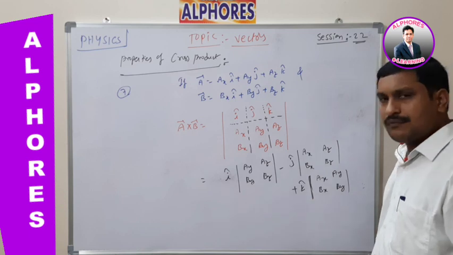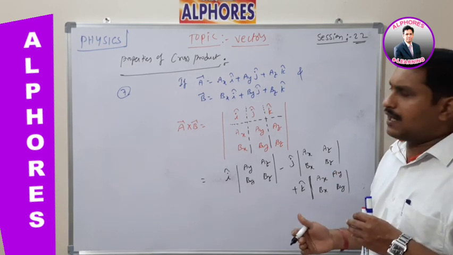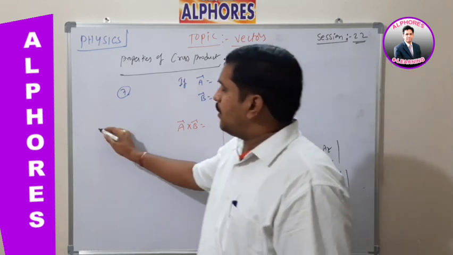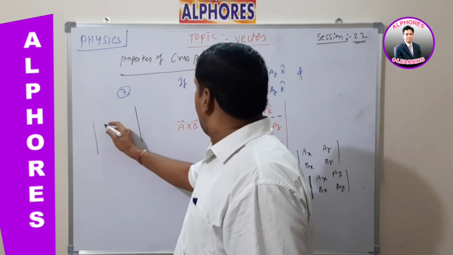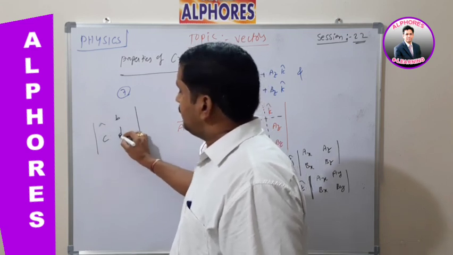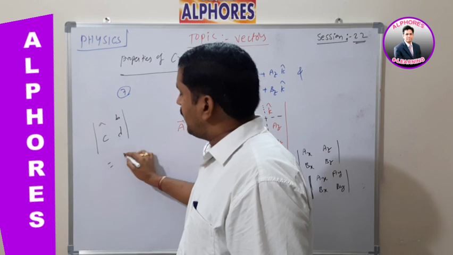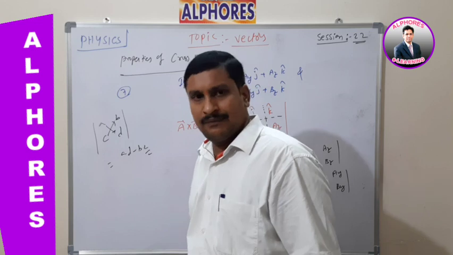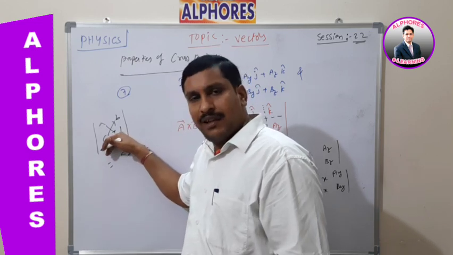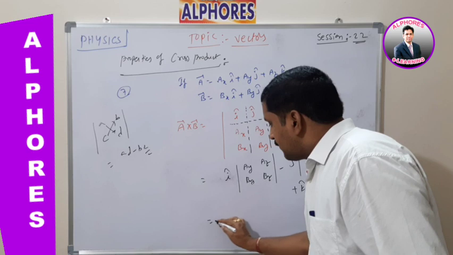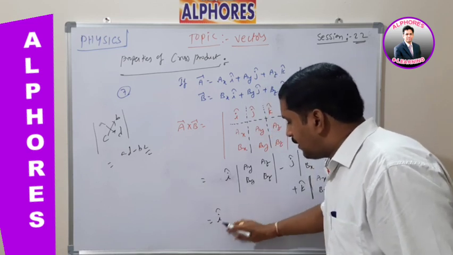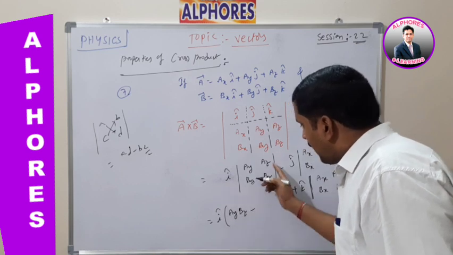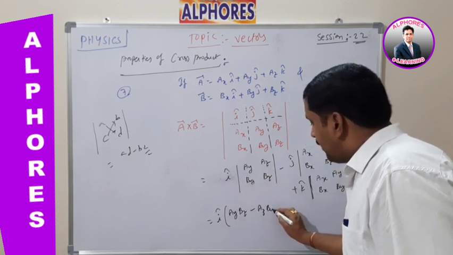We know already that the determinant of a 3 by 3 matrix can be subdivided into 2 by 2 matrices like this. As for the 2 by 2 matrix, the adjoint or determinant of a 2 by 2 matrix like A, B, C, D, what is the formula? AD minus BC. Like this, we have to multiply like this: AD minus BC. So according to this determinant of the 2 by 2 matrix, what is the value here? I cap into what is the value? Listen all of you: Ay Bz minus Az By.